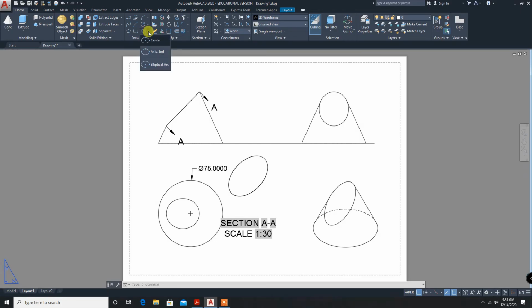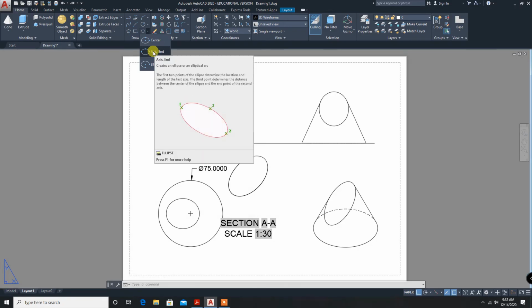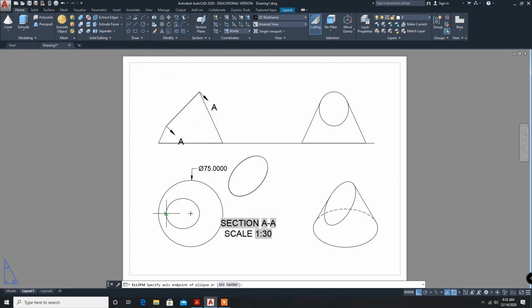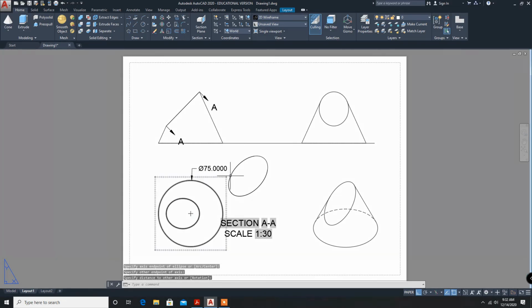So we'll select ellipse, axis, axis end. We have to select 1, 2 and end 3.